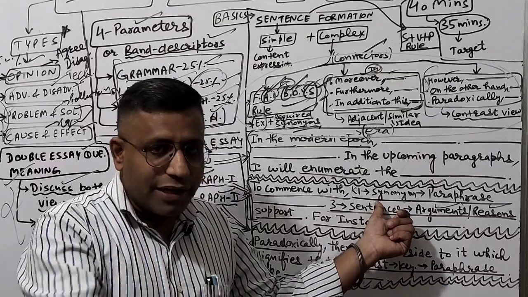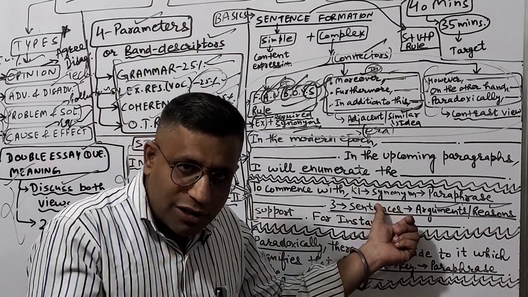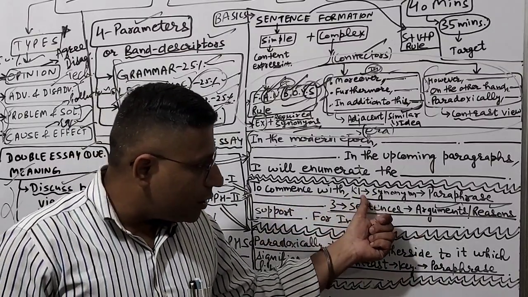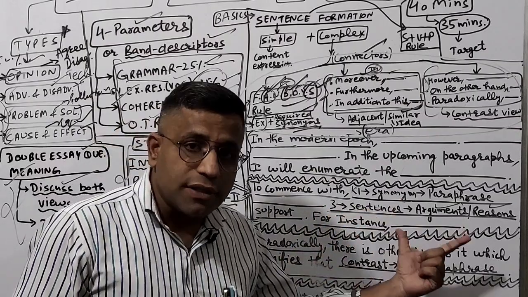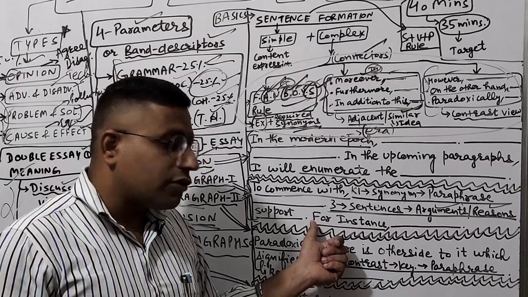Better will be, I'll be taking in the second part of the video while taking a very good essay example. So you will understand better there. As of now, just go with the flow. So 2 comments with comma, then frame 1 sentence with regard to the first keyword. Then give 3 reasons or arguments according to your requirement. Then after that, full stop.